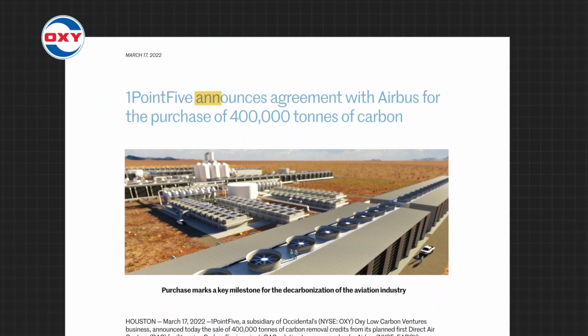You have to remember that DAC is still a relatively immature technology. For now, these are still very expensive methods. But again, we're dealing with small volume. We're also hoping for an economy of scale afterward. To cushion costs, Oxy can sell carbon credits as planned with Airbus